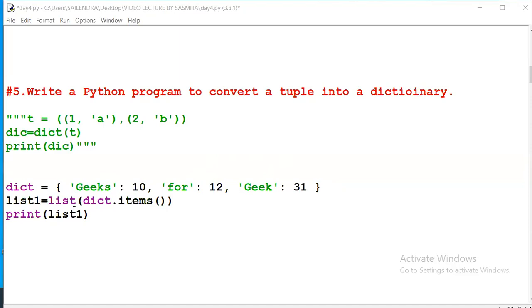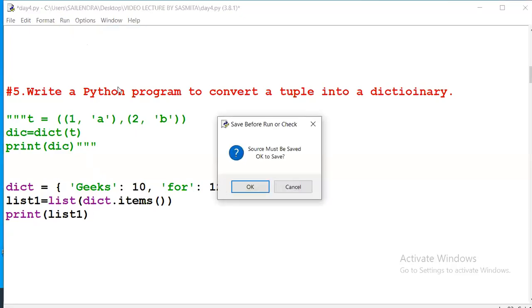The syntax is list of dictionary dot items, because in a list only items are there, no keys or values, so we have to write only items. In a dictionary key and values are there, but in a list only items are there. We can get the items here. These all will be one item.